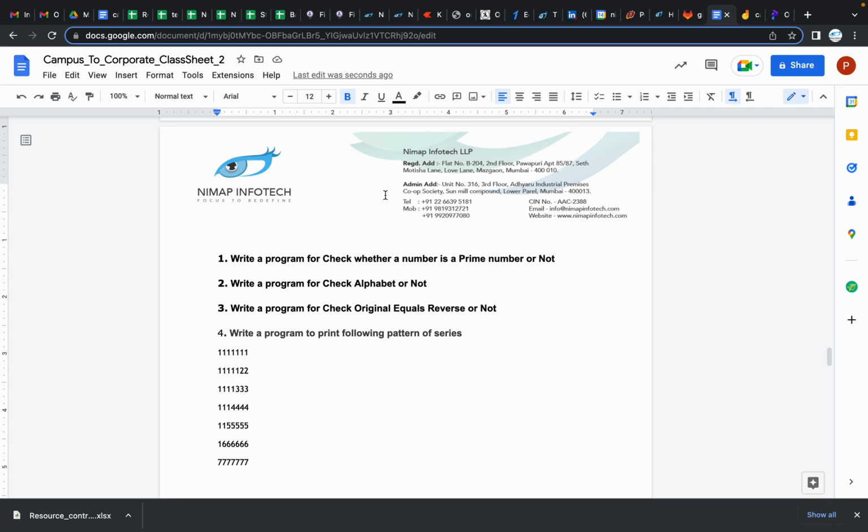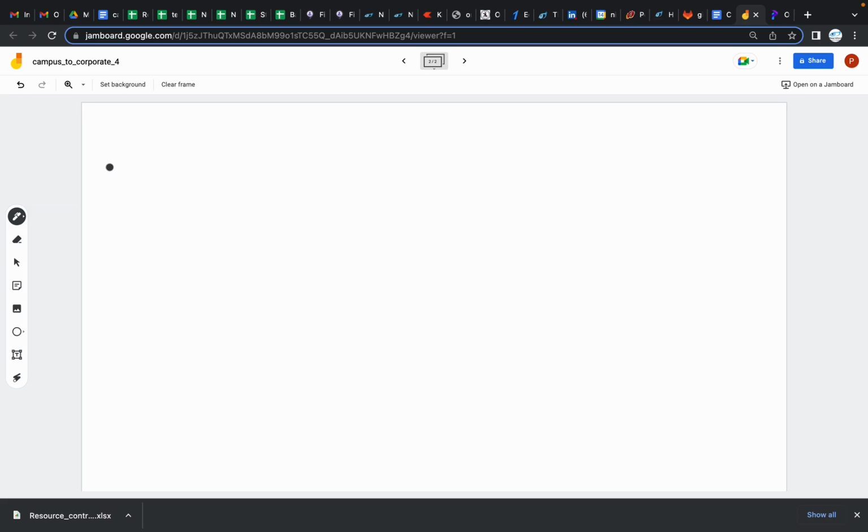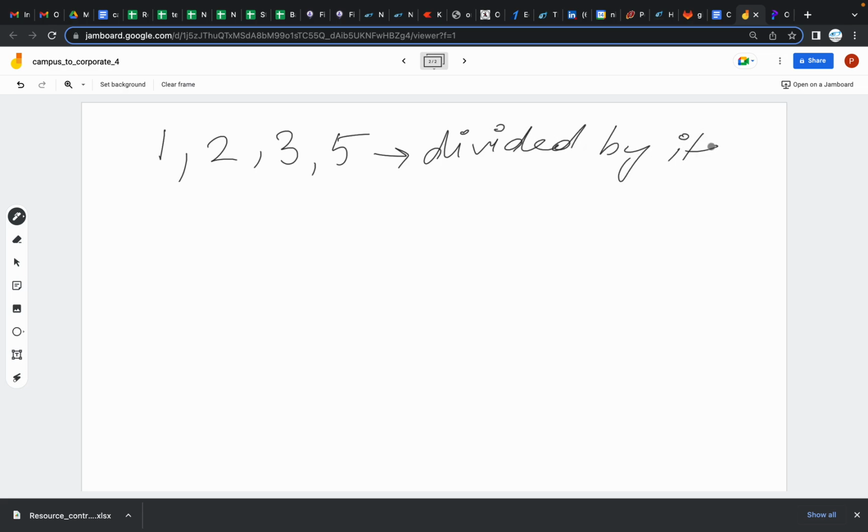So let's take a number like 2. 2 can be divided by 1 and by itself, no other number. 3 can be divided by itself and by 1. So numbers like 1, 2, 3, 5 are numbers which get divided by itself or by 1. Now if you take a number like 4,